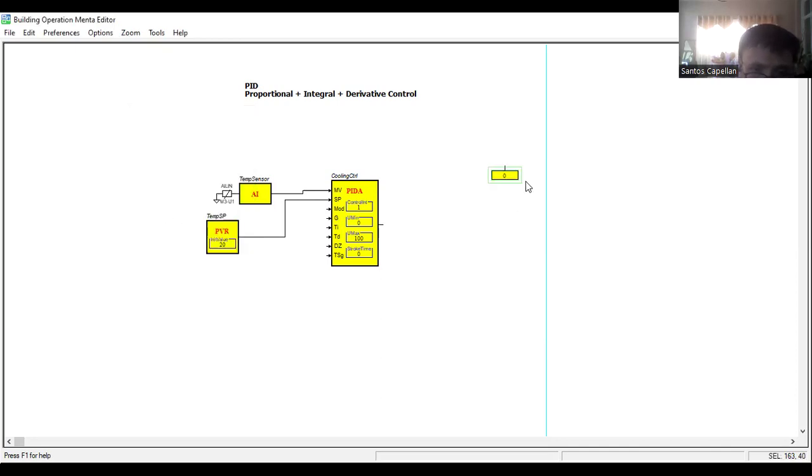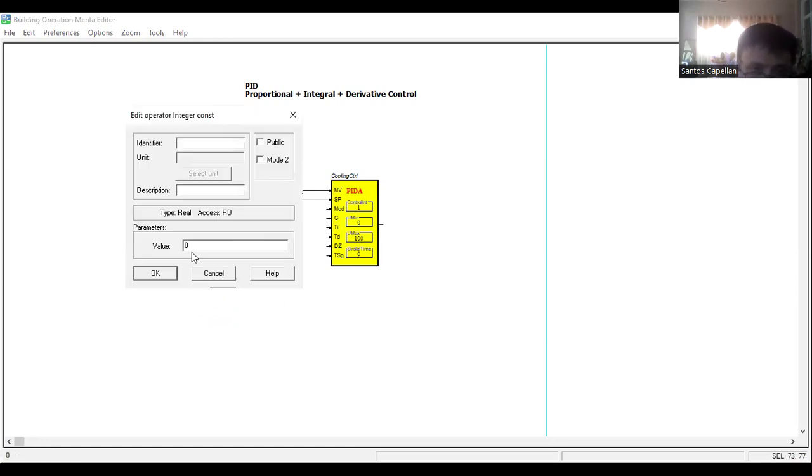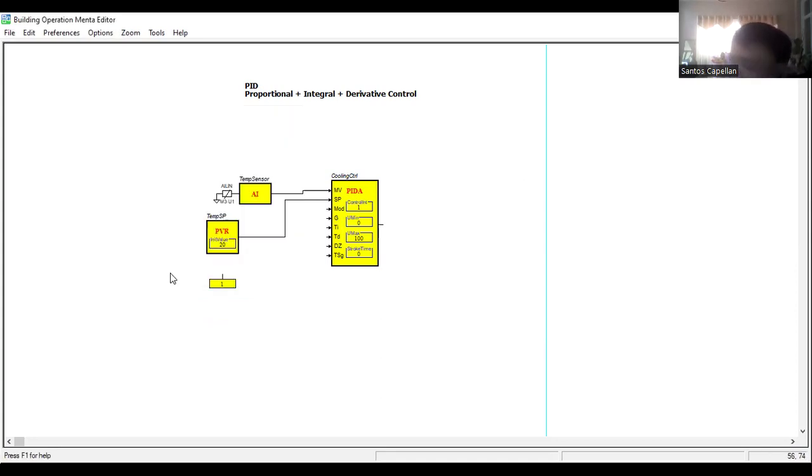Integer constant is okay. So I will just make this one. One, if the mode is one, meaning the control is in effect, or the PID is working. It will give an output if it is 1. If it is 0, it will not give an output. It's like it's not working or it's on hold.